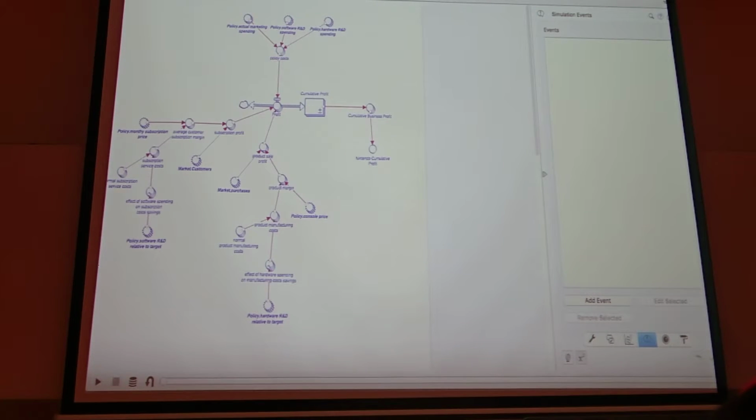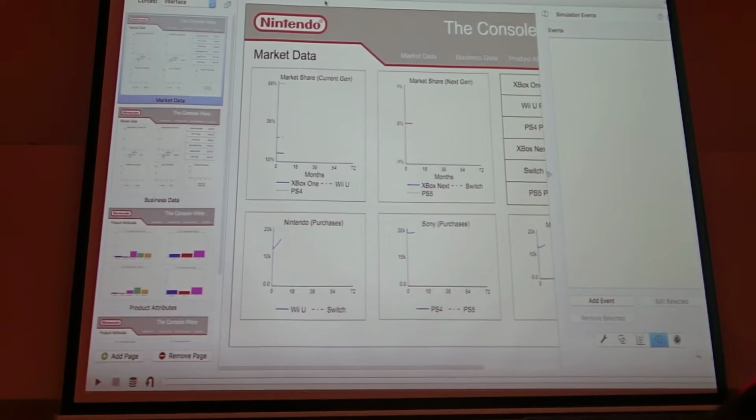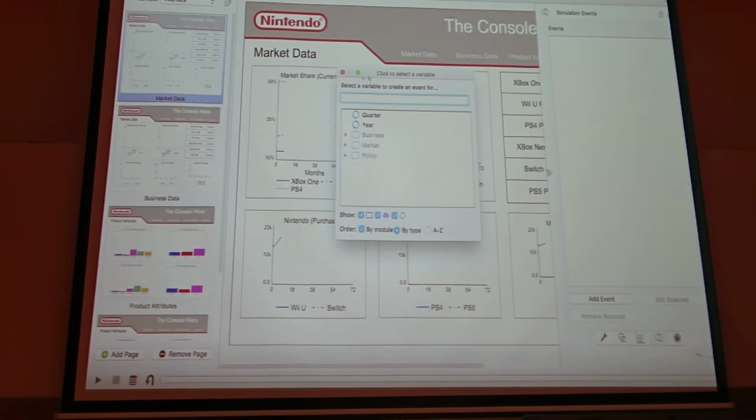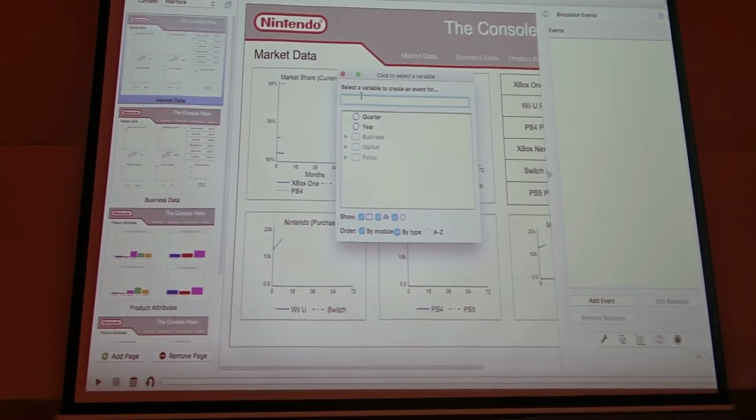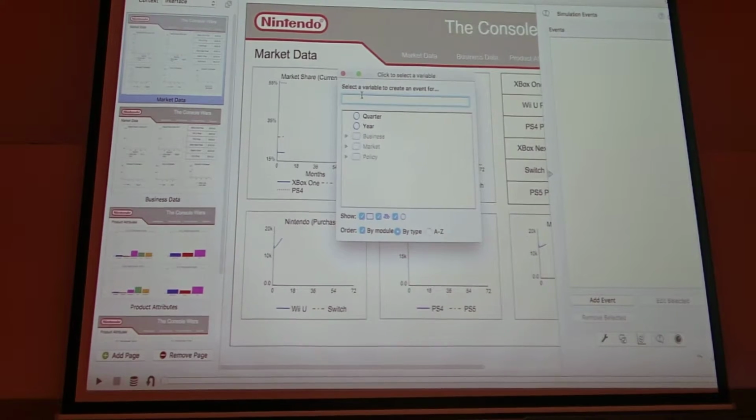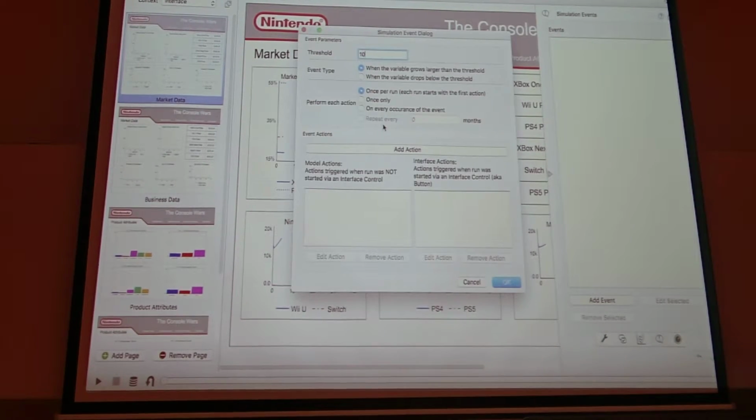You can also do it up on the interface, add event, and it asks me what variable I want to put the event on. It's all the same thing. It's just 3 ways to get to the same functionality. So I want to set this event to trigger when Nintendo's profit crosses the threshold of negative 10,